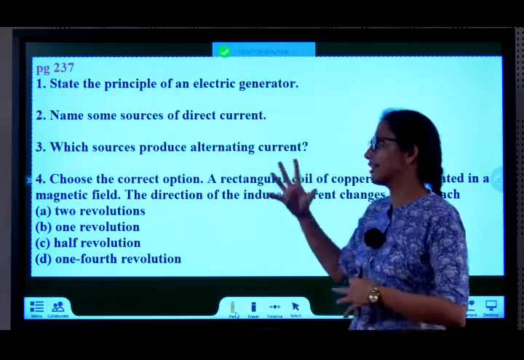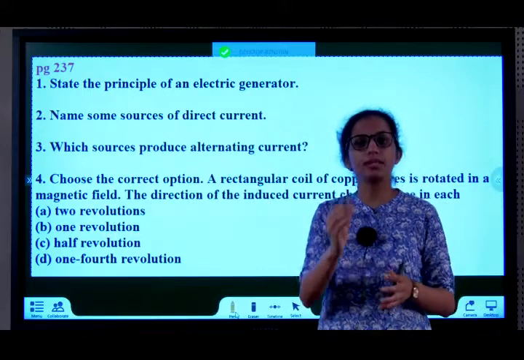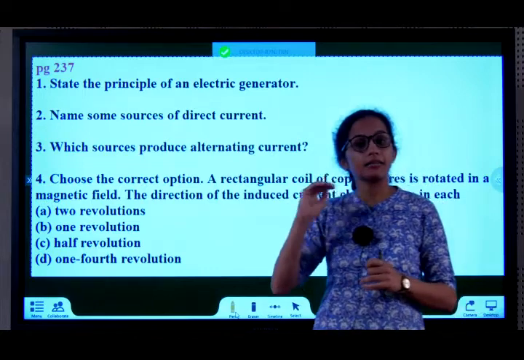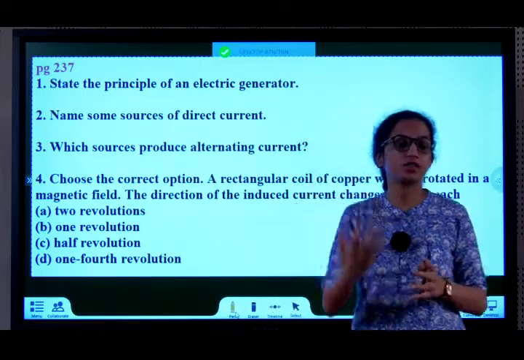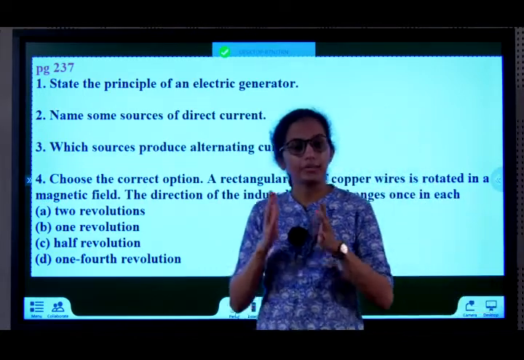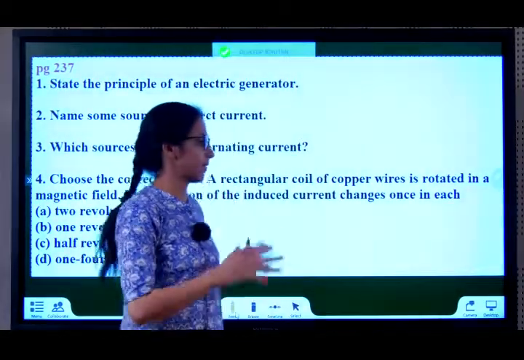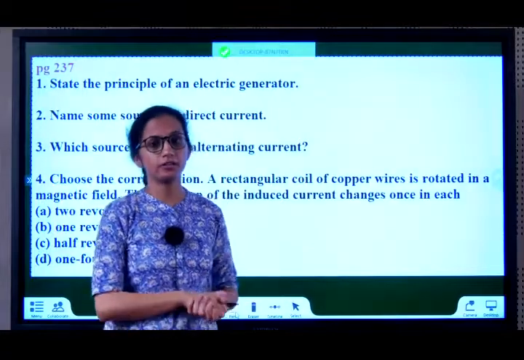The AC generator and everything I have explained until now, it's very important you go through the notes. It's explained in steps: principle, construction, working. You have to write your answers just like that. So keep your notes, revise until here and then refer to the next part. The notes are very important in this chapter.